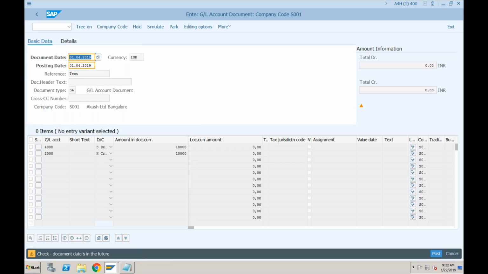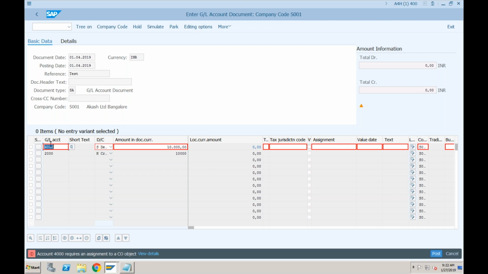There is some warning. Warnings in SAP, as you must know, are displayed with a yellow mark, but here in S4HANA they changed this to orange. But this is a warning. Just press enter, that warning will go away and it will throw another warning. This is also fine. Just press enter. Now there is an error message. You can see this red mark, and the error is related to the CO object.